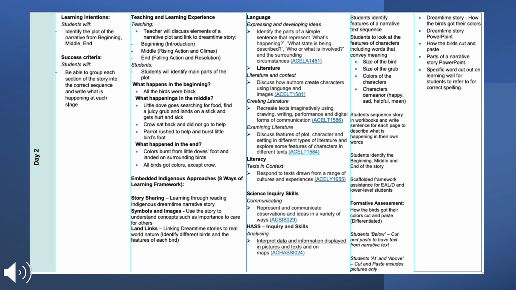This will give students a chance to discuss what happens in each part of the story. Through a yarning circle, students will be able to share their thoughts on the elements of the story, like how maybe the dove felt when it hurt its foot. The teacher has the ability to then link this to real-life situations, and they may ask the students that perhaps